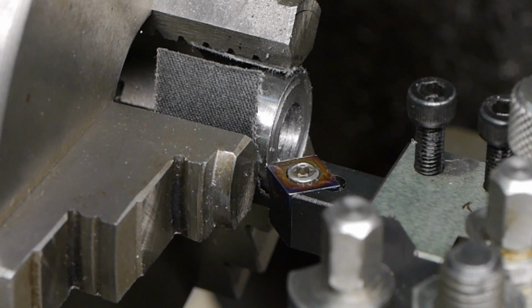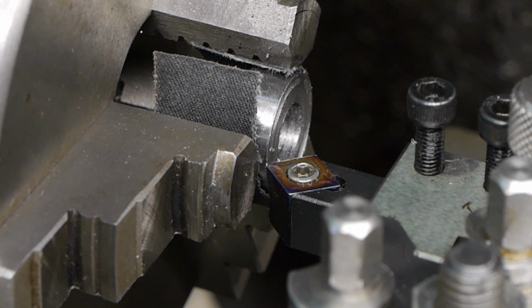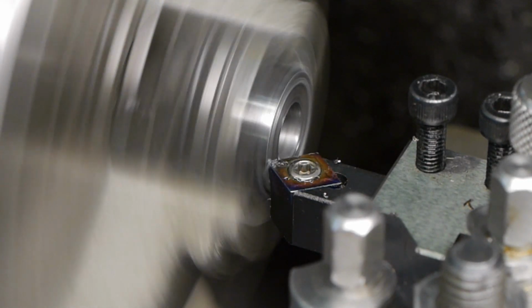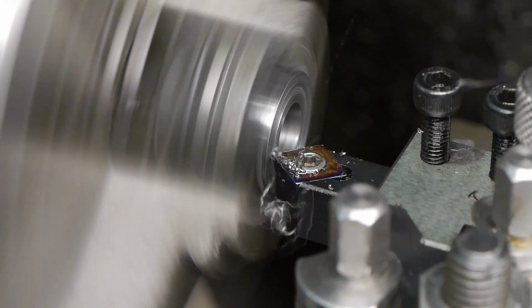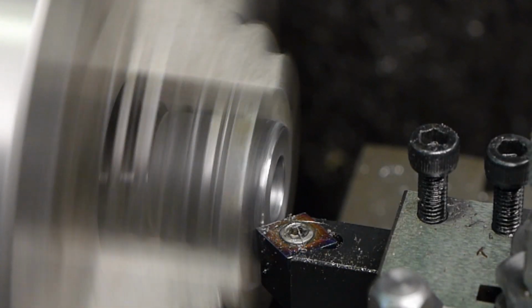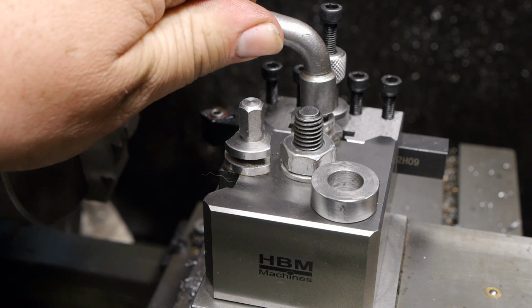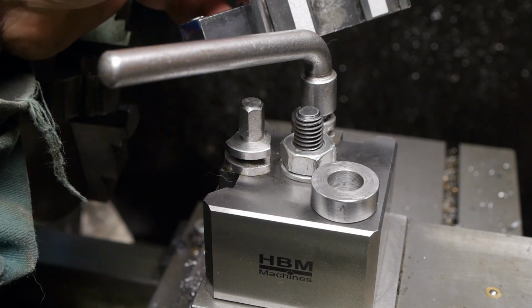I have the washer back in the 3-jaw chuck, and I'm using a bit of used emery cloth to protect from the bite of the jaws. And now I'm going to do a facing cut, and after that chamfer things a bit. Well, that pretty much concludes my first adventure using a quick change tool post. This tool turned out to be better than expected,